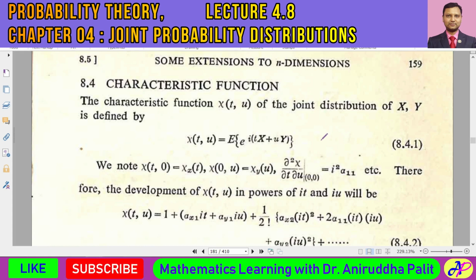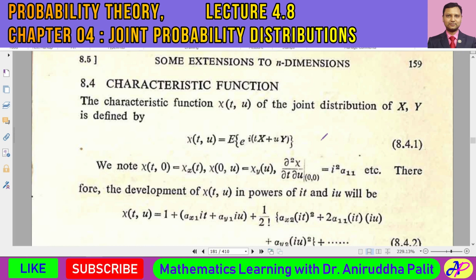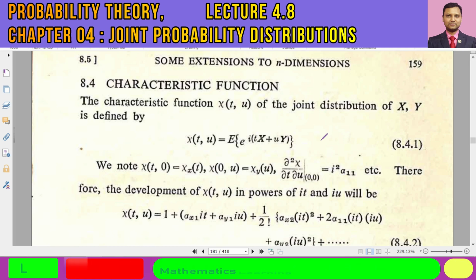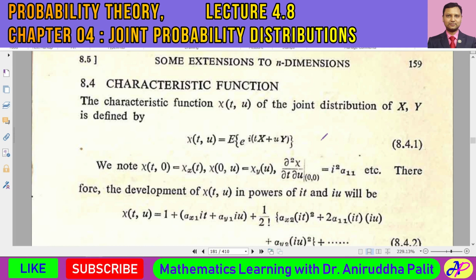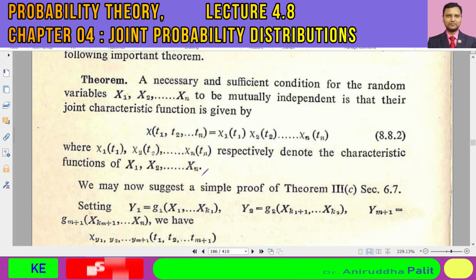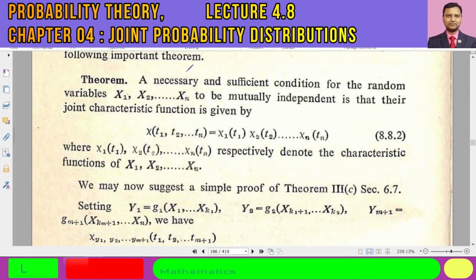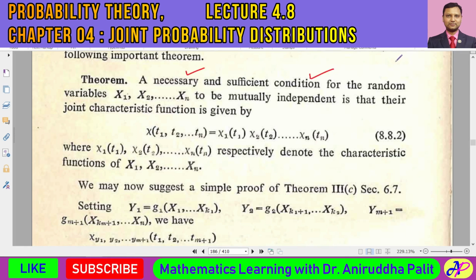All right, and from this result we can now deduce a result called the reproductive property of the characteristic function. In order to show the reproductive property, we can first consider the statement of this theorem. Only the statement, we don't need the proof. It says that the necessary and sufficient condition for the random variables x1, x2, ..., xn, all right, we have n random variables, to be mutually independent is that their joint characteristic function